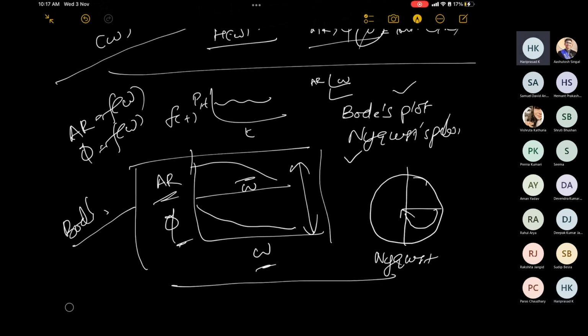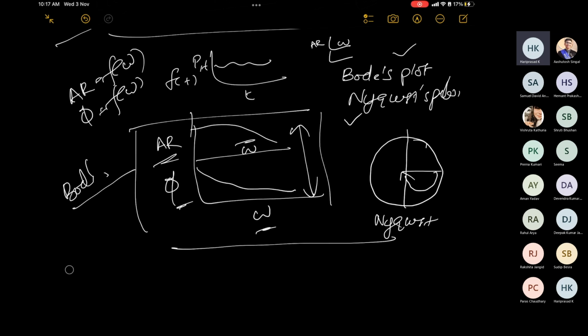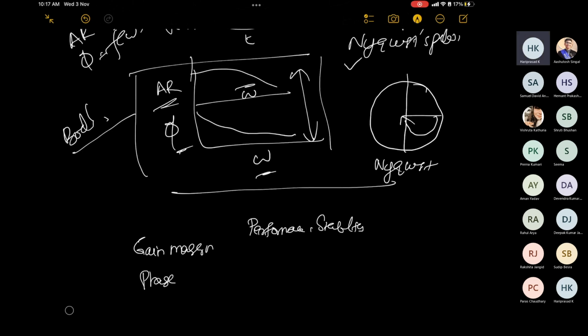Afterwards we will see how we define two performance indicators that simultaneously help to compute the performance as well as stability. They are basically gain margin and phase margin. Again, they are all functions of omega. That's why we are doing it in the frequency response. The last step would be using this gain margin and phase margin to design a controller. So this would be the subsequent step. Now we will look at this representation. Later we will look at